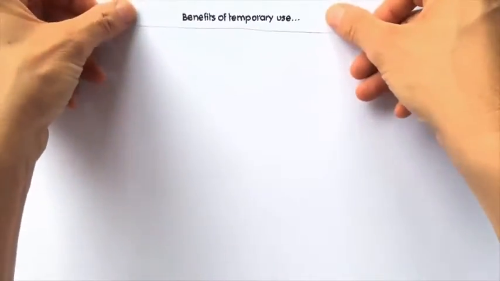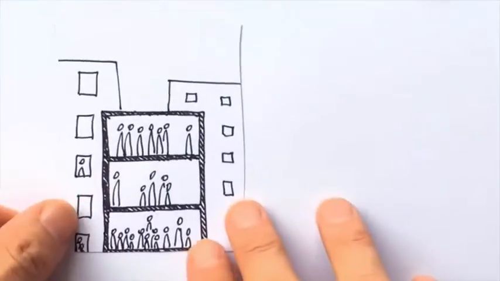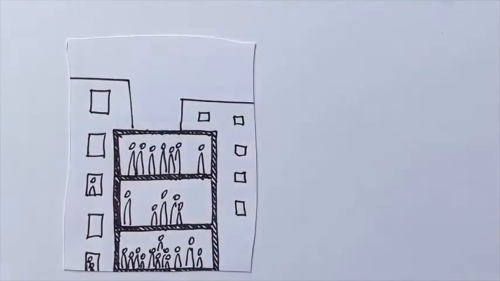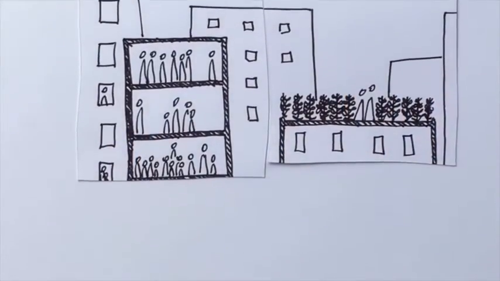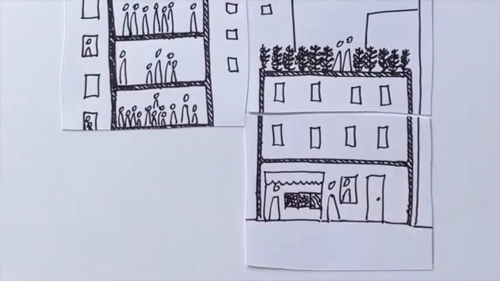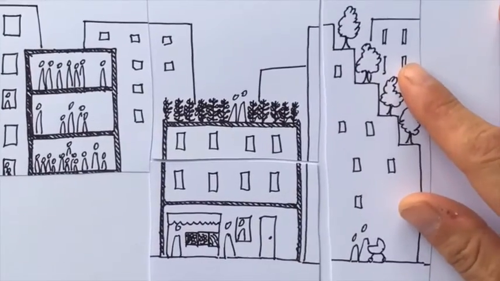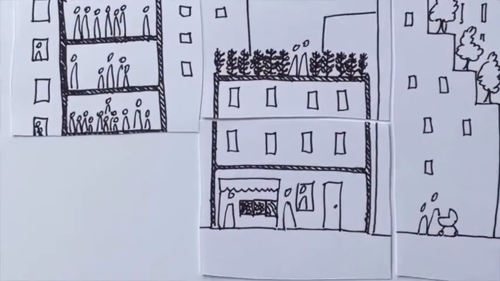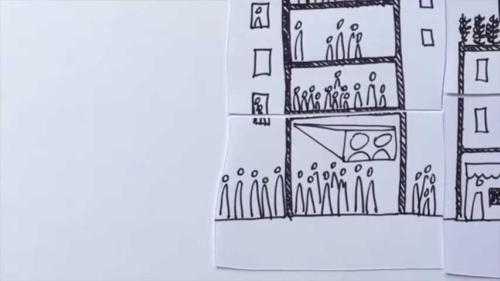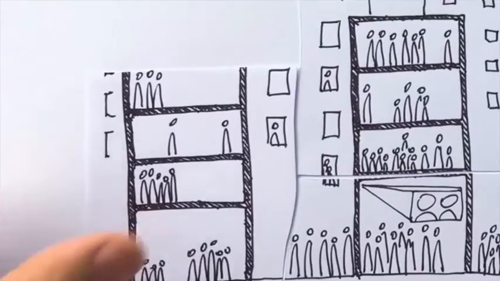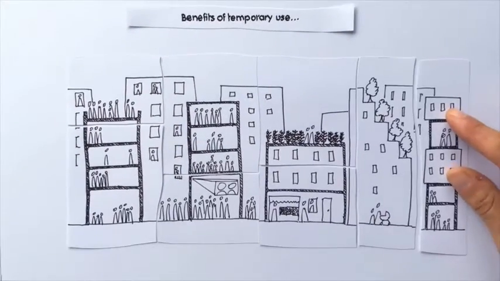So in conclusion, temporary use is a win-win solution for all stakeholders. For owners, it ensures soft maintenance of their properties. For users, it lowers barriers to accommodate their initiatives. For residents and merchants, it promotes a lively and dynamic neighborhood. For the city itself, temporary use is an experimentation buffer for redevelopment and a booster for cultural, social, and economic activities. For sustainability, it means intensifying the use of equipment, more equity and social integration, and more democracy to live and learn in the city.